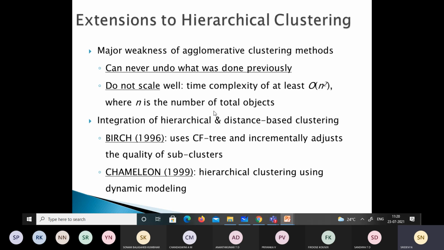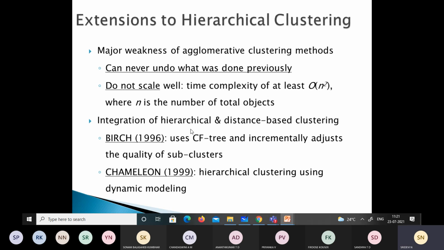So the analysis of this basic agglomerative hierarchical clustering algorithm is straightforward with respect to its complexity. It requires big O of n square to compute the proximity matrix. Okay.